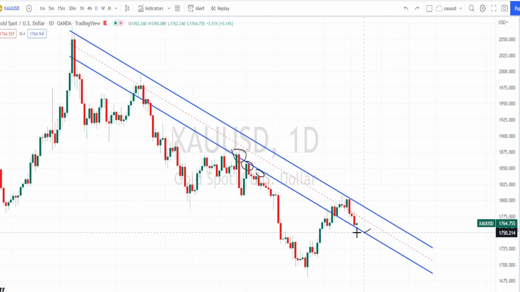And when we closely look at today's candlestick formation, it has opened at the same level where it closed yesterday. So the bearishness has become a little weaker in today's candle. We can expect a little bit of retracement to happen, but as long as it doesn't break the previous high of 1803, we can expect the price action to trend on the bullish side and again trend back to continue its